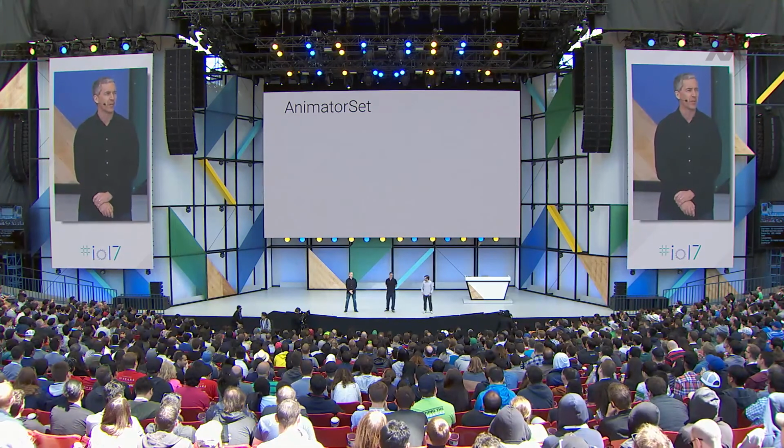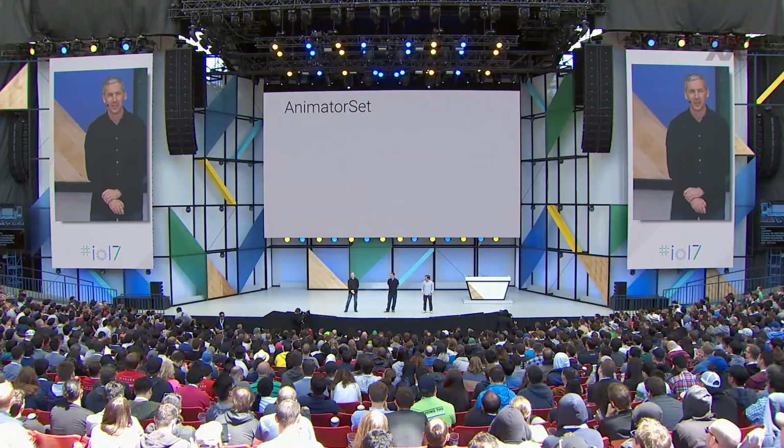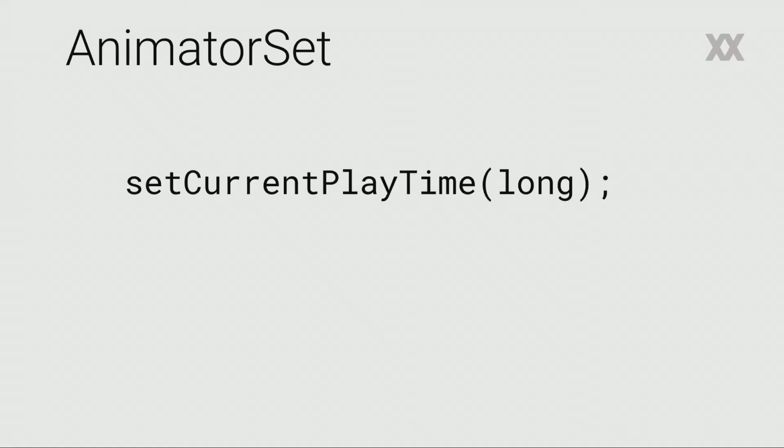Yes, I know that. So there were a couple of long requested features for animators, specifically for animator sets. They were deceptively tricky to implement, so it took a while. But now in Android O, we have the capability in animator sets of having seeking. So now if you have an animator that's a collection of child animators, you can seek within those child animators in the overall animator set. So yay. We also have the ability